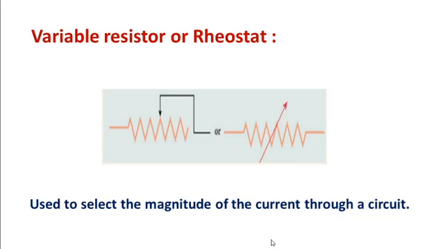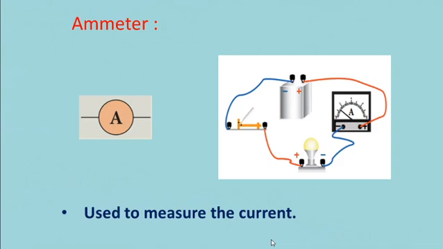Then next one, ammeter. Ammeter is connected in series in a circuit. The current flows through the red terminal of the ammeter. You see, this is the ammeter. So the current flows into the red terminal, that is the positive red terminal, and leaves from the negative, that is the black terminal. So this is the simple way to identify the ammeter. What is the use of the ammeter? It is used to measure the electric current.